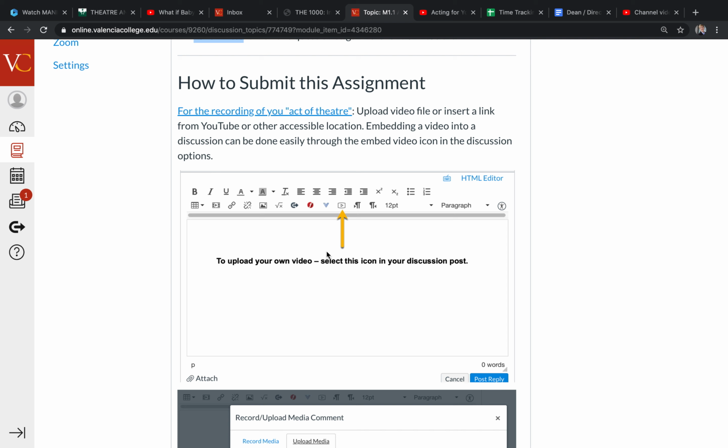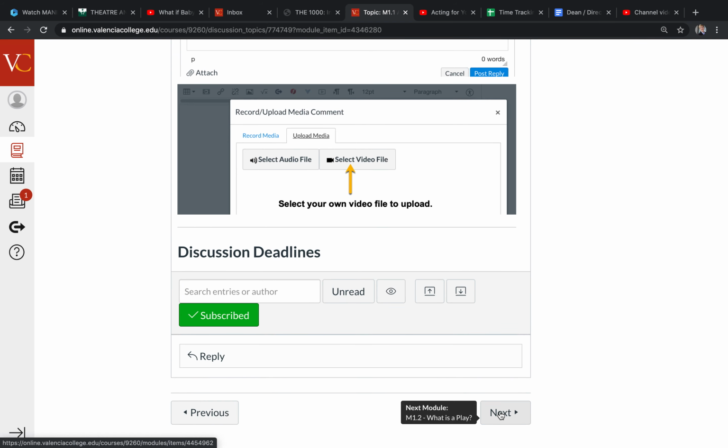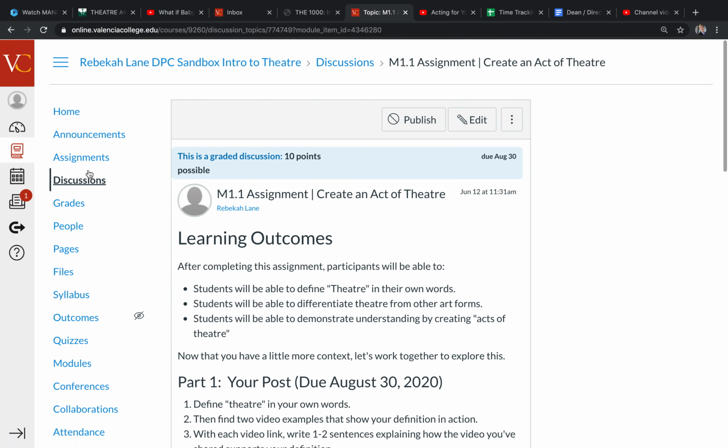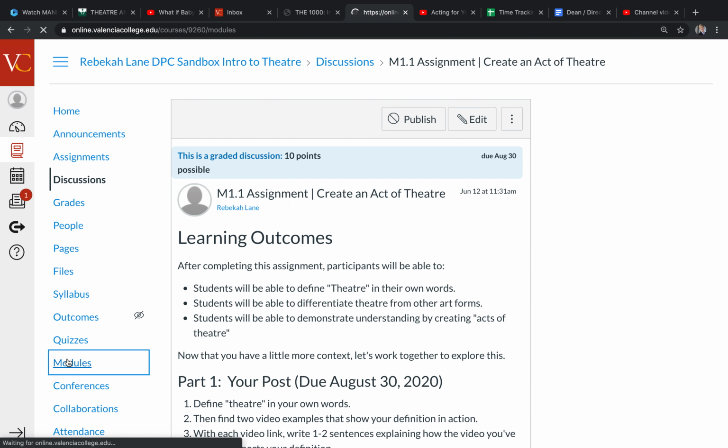One of the things I am hoping to build in, and I think we're going to reference Amanda Kern for this, is within everything that requires a submission, we're going to try to build in how to submit this assignment. If this is something that you are good at, sweet. If this is not something that you're good at, we have some resources to help us build that into this course. But I think it's helpful. So that is a look at a module as we are building this together.